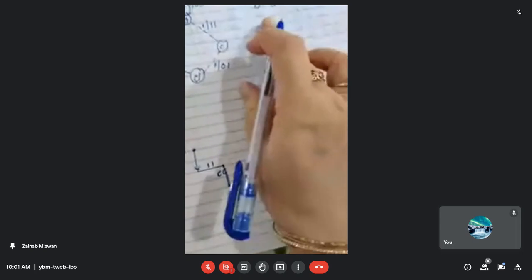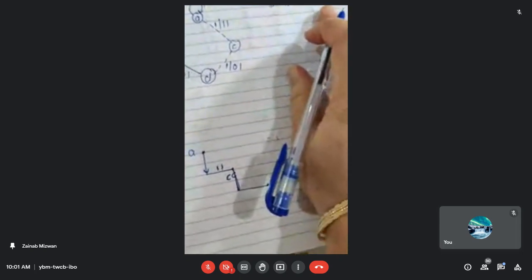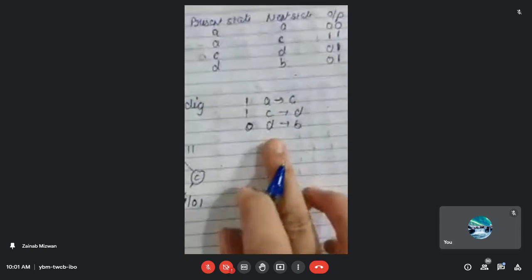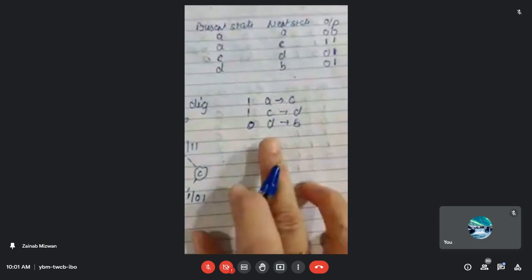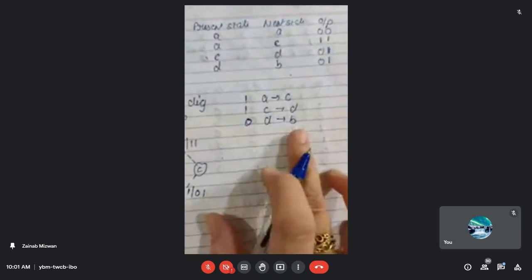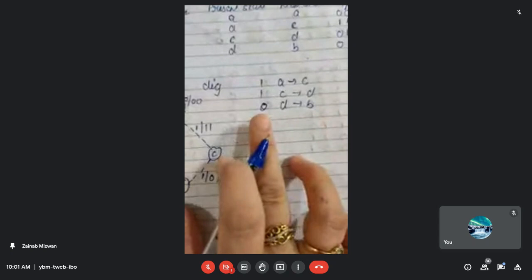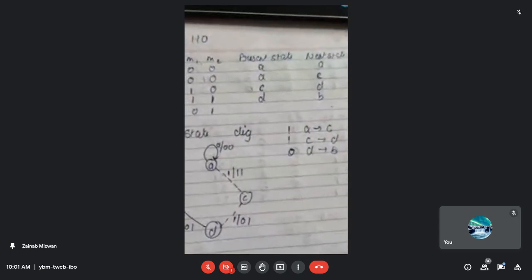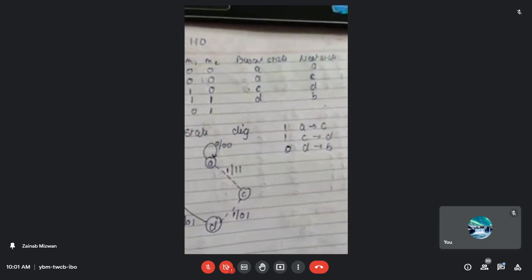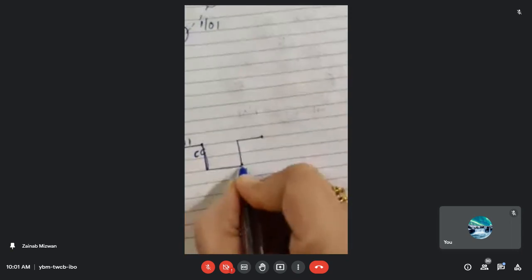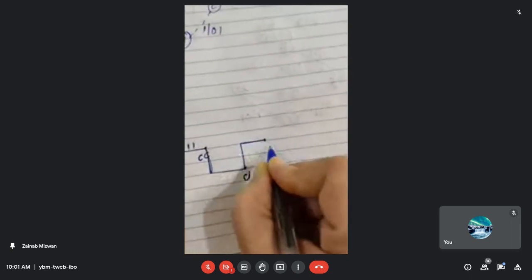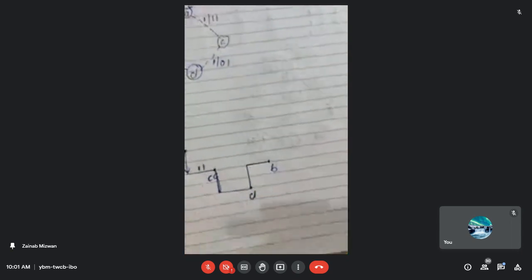Now again from the state D, we have to go to the state B. Where do we have to go now from state D? To state B. We have to change the state. But when moving to the state B, the input is 0. It means we have to move in the upward direction. Okay, so this is how I am moving in the upward direction, and here I am mentioning the state B.